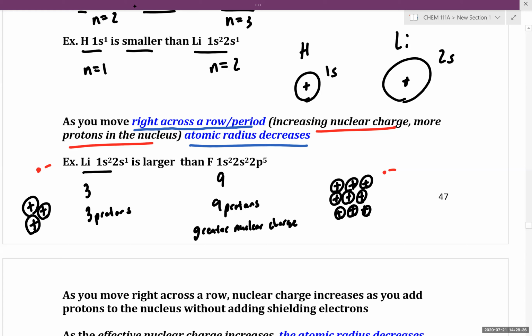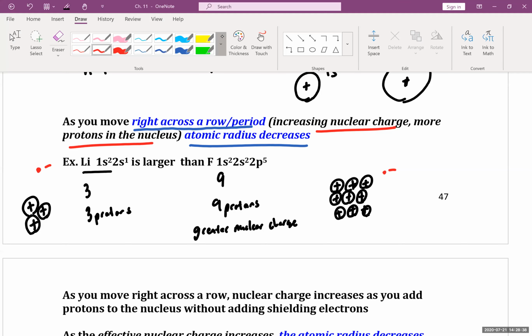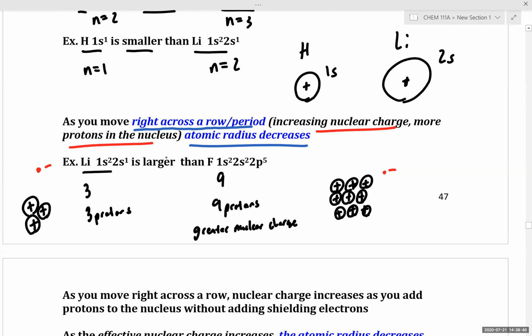Okay, so looking at the question in the chat, lithium has a greater atomic radius than fluorine. That's correct. You're asking, what about phosphorus? So phosphorus would have a larger atomic radius than fluorine, but I would caution you when you're comparing